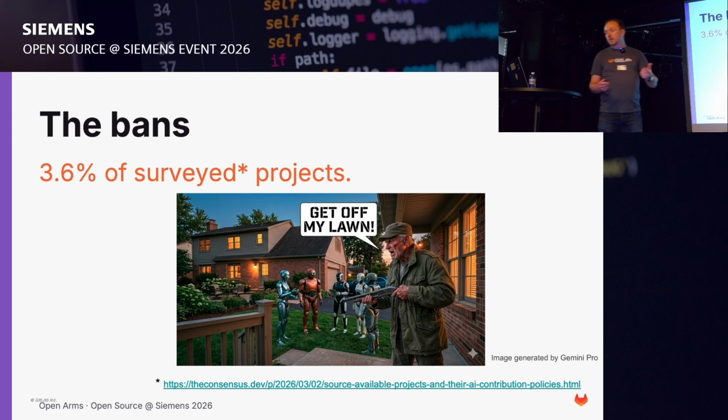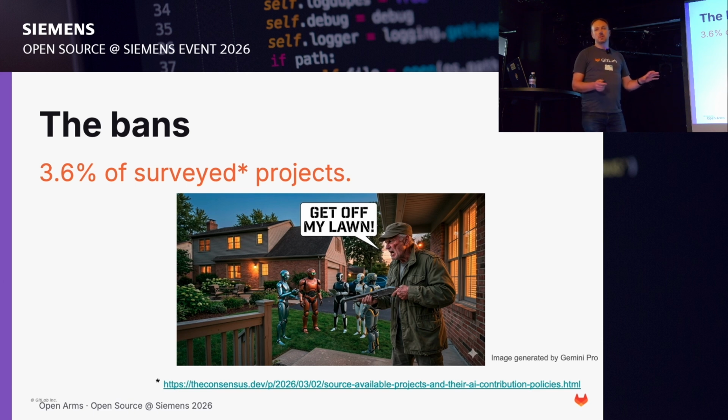Zig is just saying, well, we don't have time to deal with these things. NetBSD says it's a licensing sort of black hole for us, and it's going to be a nightmare to figure out where our license sits. QEMU says it's not compatible with the DCO. The jury's out, and these get a little bit of media coverage when people talk about it, but